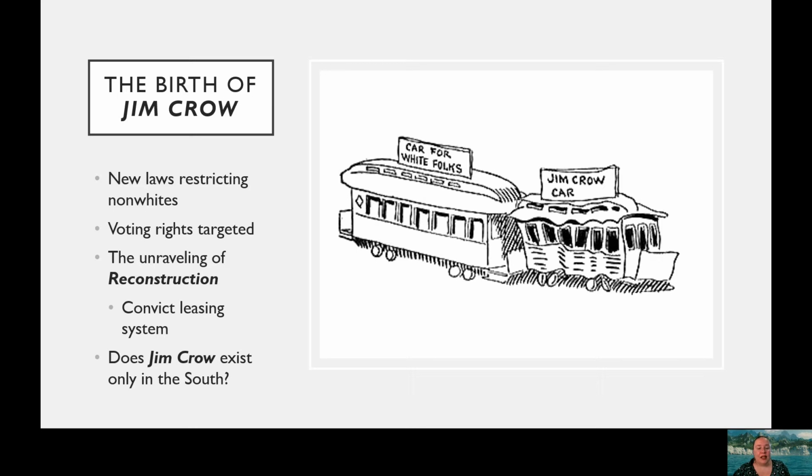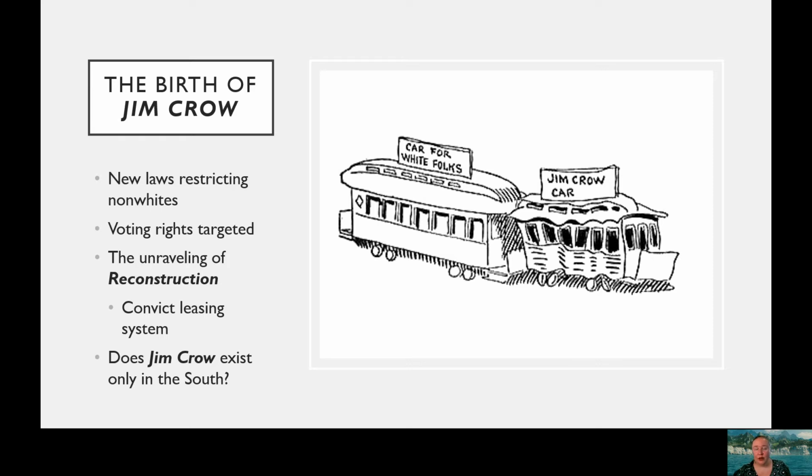Things like grandfather clauses, which said that you could not register to vote unless your grandfather had been eligible to vote, which rules out African Americans whose grandfathers had been enslaved, and also immigrants. We also see things like poll taxes come up, in which you have to pay a fee or a tax to be able to vote, which not only targets minority populations, which were poorer on average, but also poor white people. And then we also have things like literacy tests, in which you had to take a test to vote,